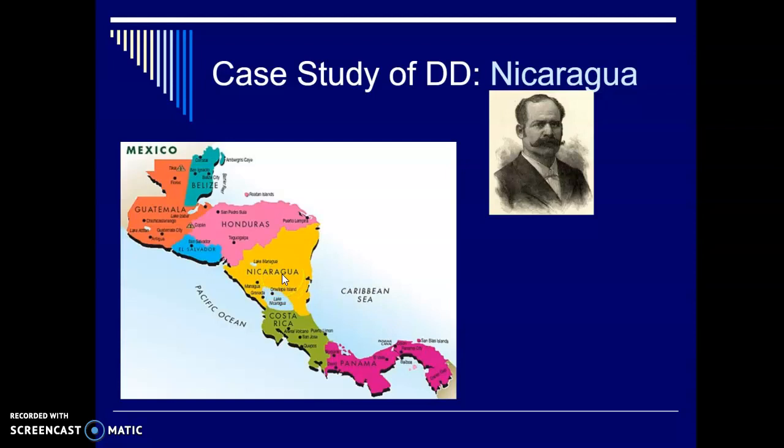And also the fact that he was in talks and was bragging about the fact that he would sell Nicaraguan canal rights to a European country, which would then give competition to the Panama Canal, which was not something the U.S. wanted to even entertain. Because if you look at it right here, you have Lake Nicaragua, and this is why Nicaragua was such a good place, because you dig here and you dig here, and now you've got a canal that would take longer in a sense to traverse, but you wouldn't have to do the locks. And so this becomes much more complicated, whereas this would have been much smoother.